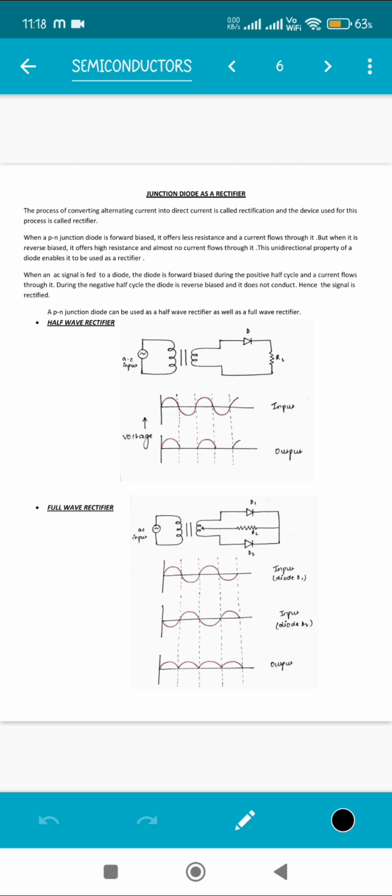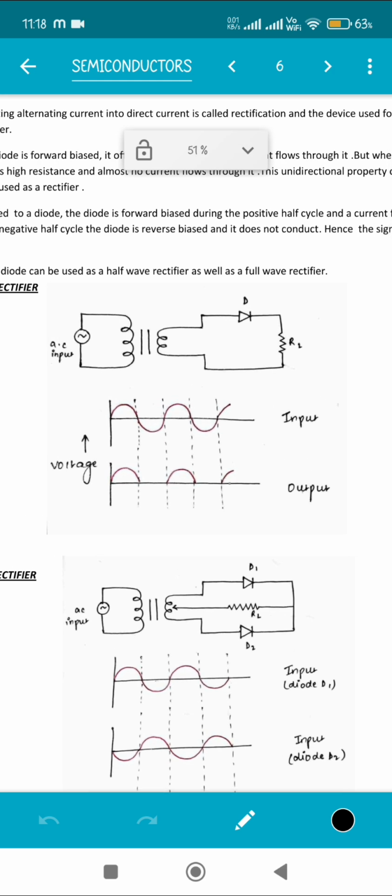That means in one direction, in the forward bias, it is conducting, and in the reverse bias it is not conducting. So this unidirectional property of a diode will help us to use it as a rectifier, because we either need the upper peaks or the lower peaks, since we are converting an alternating current into direct current. Because of what we saw in the graph just now, this procedure can be used to use a diode as a rectifier. Okay, so a PN junction diode can be used as a half wave rectifier also, or as a full wave rectifier. Now let's see. In a half wave rectifier, only a single diode is used.